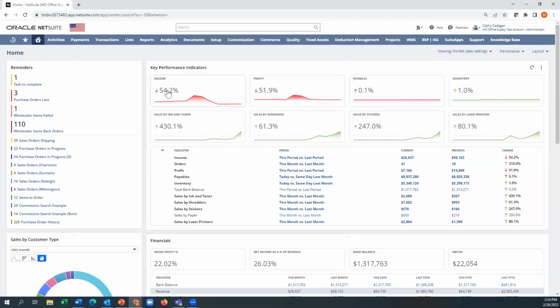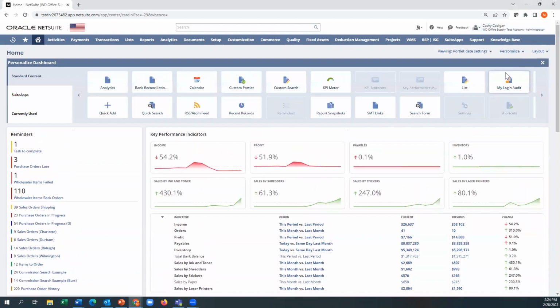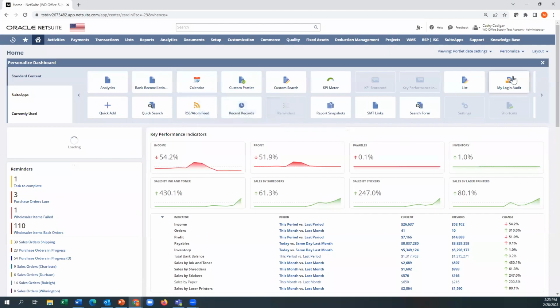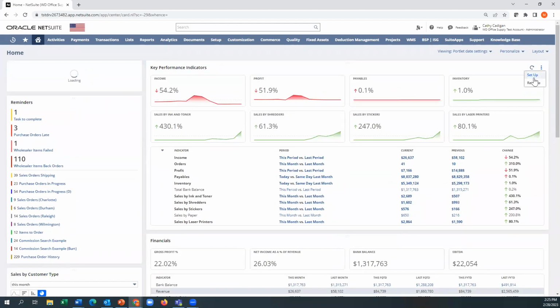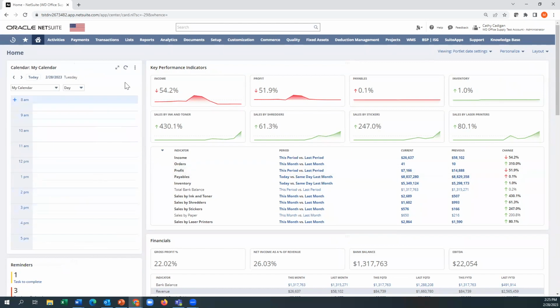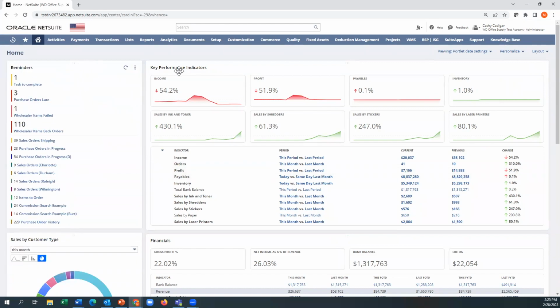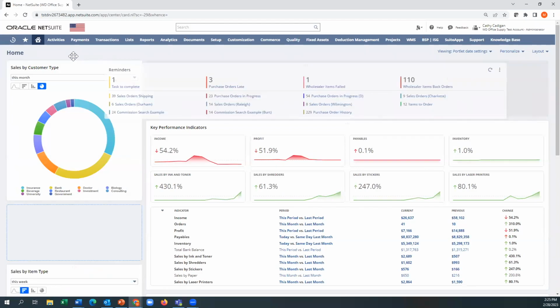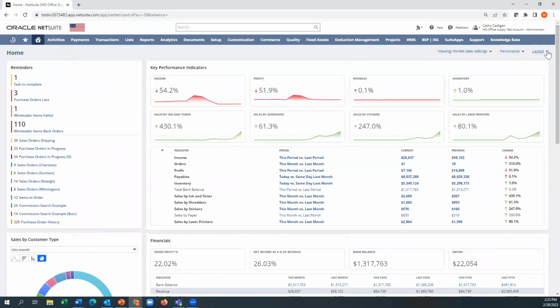How would you add and remove content? You would go to your personalized button and add content, and that's just by clicking on something. If you want to remove content, you'll go up to the little portlet here, you'd hit the remove button. I'm not going to do that now. Everything is drag and drop. So if you don't like something there, you put it there. And if you want to change your layout, so I currently have this one, but let's say you want 3 columns or just 1 column, you do that.